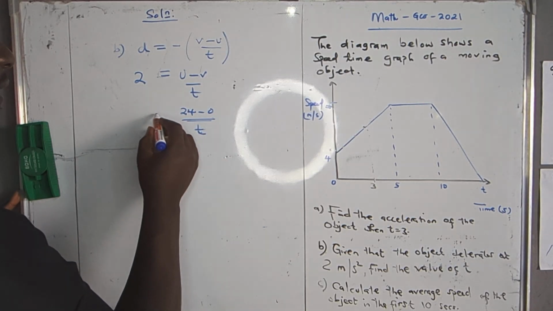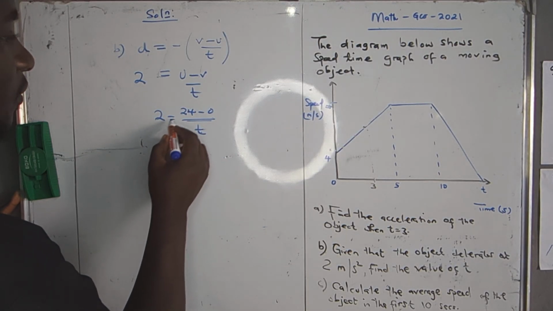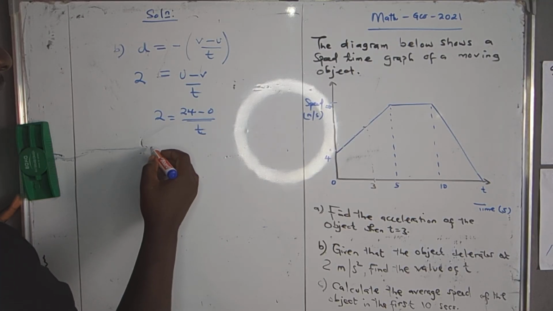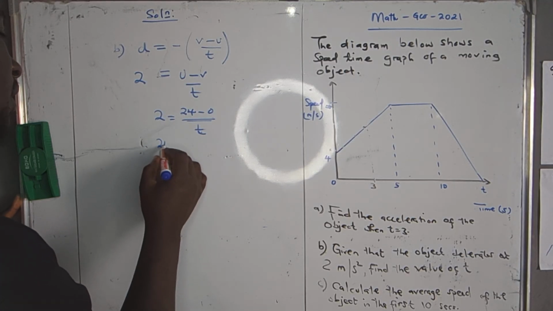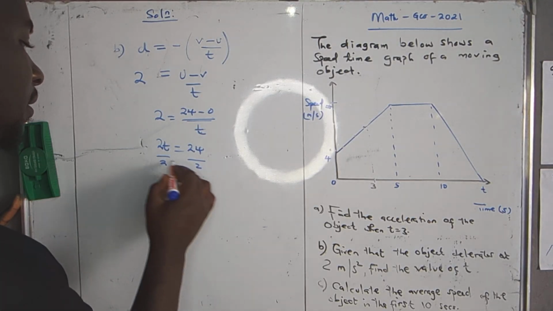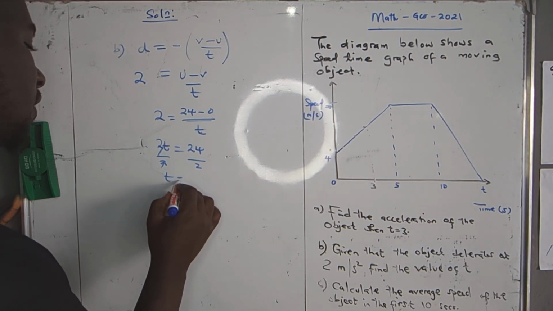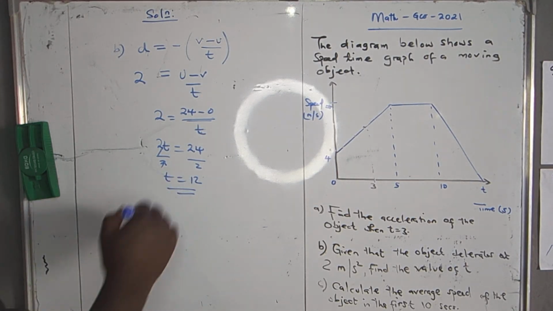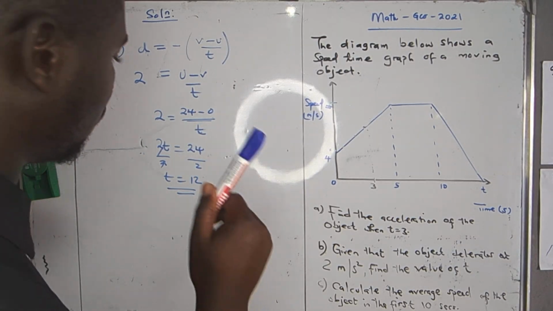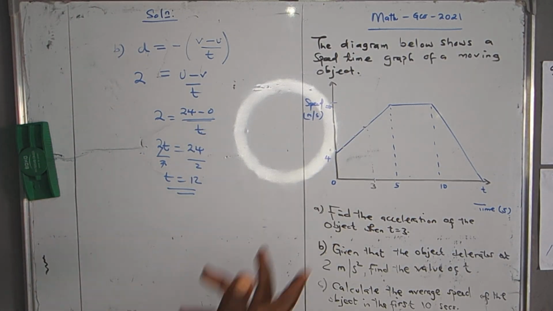Let's see what we are able to get here. So what we're going to get is 2t is equal to 24, and when you divide, t is equal to 12. All right, so this is more direct. Okay, this one is also working. But you appreciate that other method that I used earlier for some questions, of which I'm going to show you